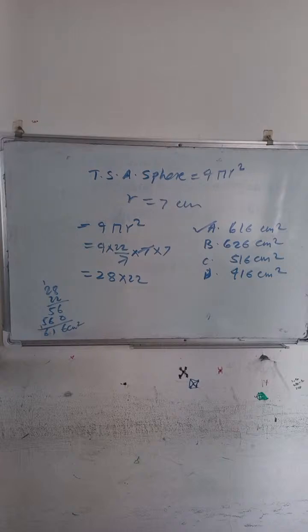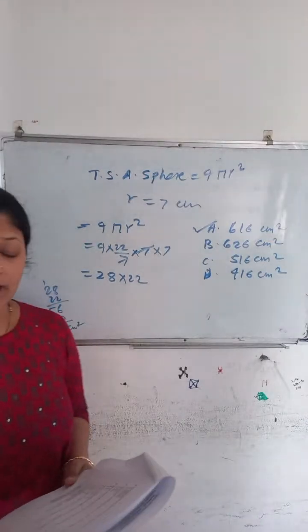Then write down the next. The CSA of a cone, write down the CSA of the cone with radius r and height h, small h, and slant height is L. Slant height L is given by, the CSA of the cone of the radius r and height h and slant height L is given by,